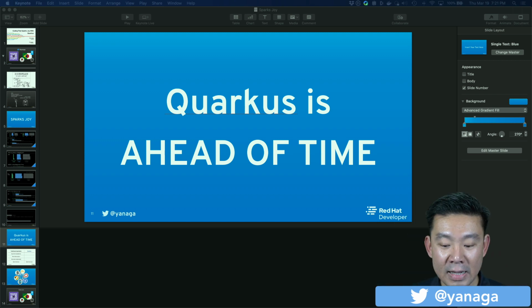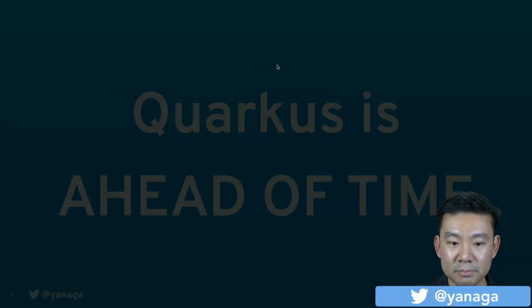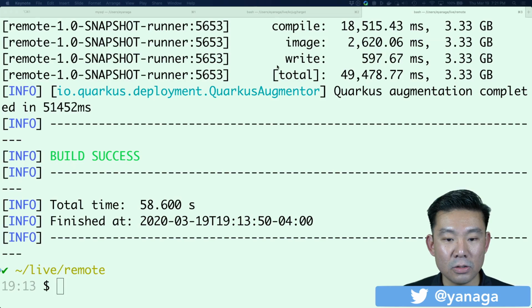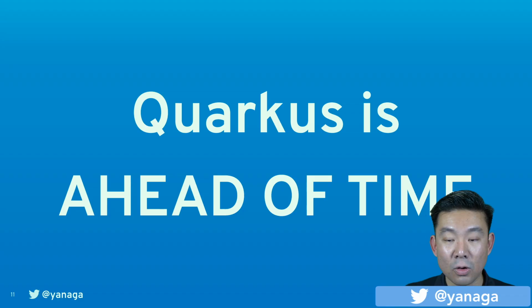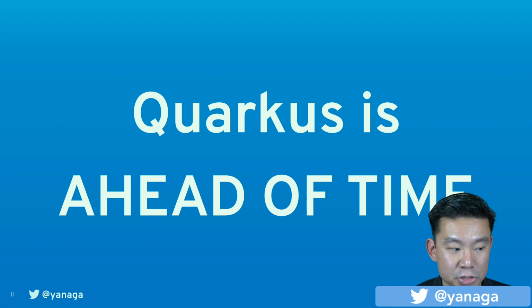And let me try to explain to you the magic behind Quarkus. Why Quarkus is so fast here. So let's go back to some slides. Quarkus is so fast because Quarkus does everything ahead of time. So a great part of the magic behind Quarkus is in the Quarkus Maven plugin. So let's see what a traditional Java application does.